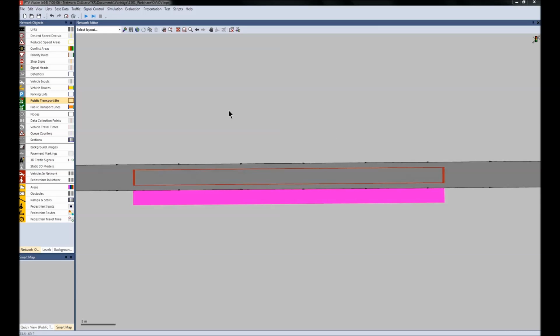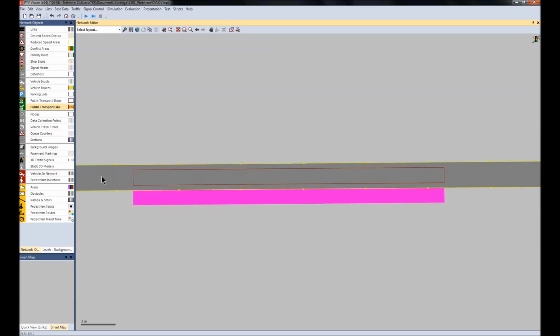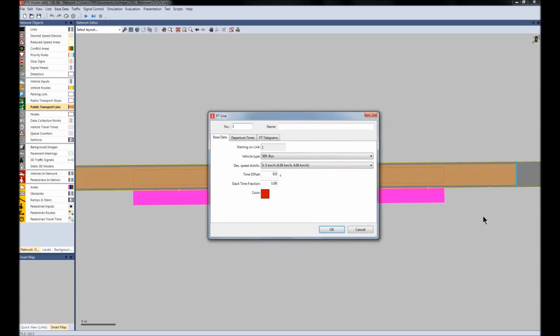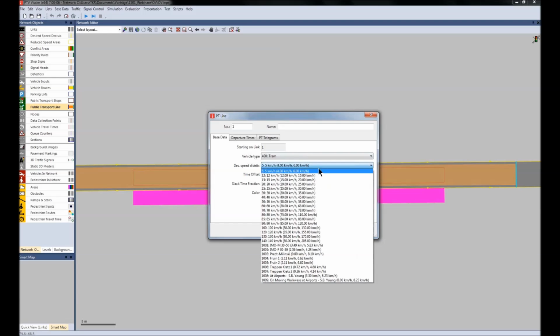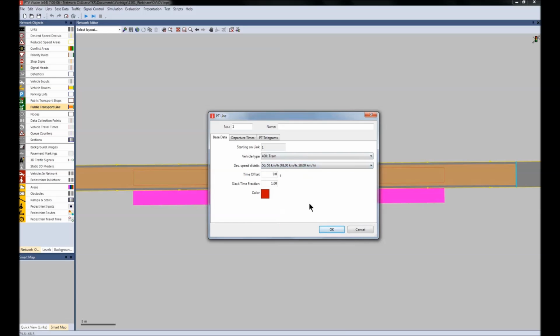But before we now add further pedestrian infrastructure, I want to insert and add a public transport line such that we have the public transport service in the model, with control right click and another control right click. There we have the line, and the first line should be a train. It should go at about 50 kilometers per hour,